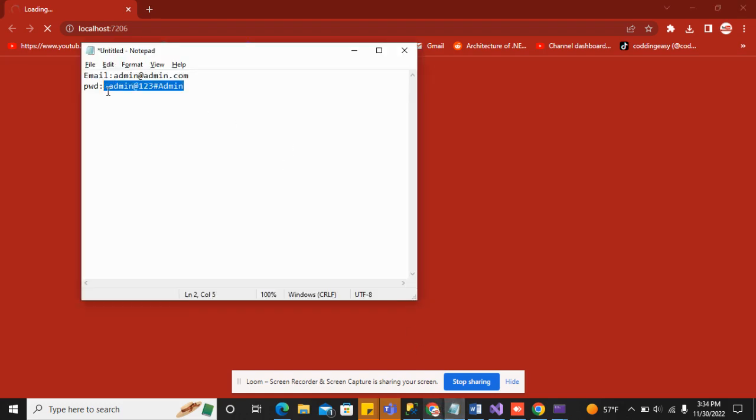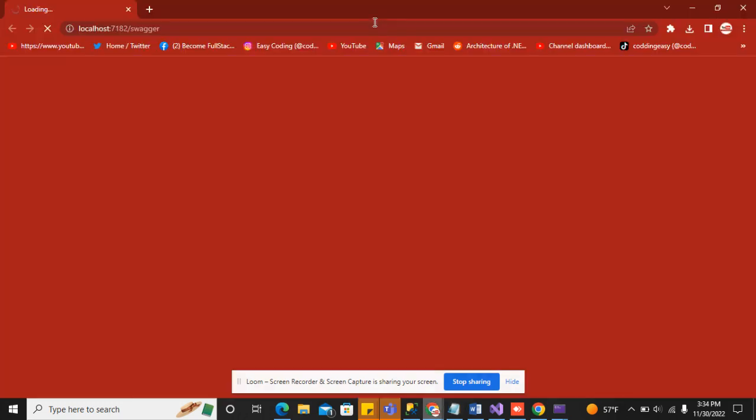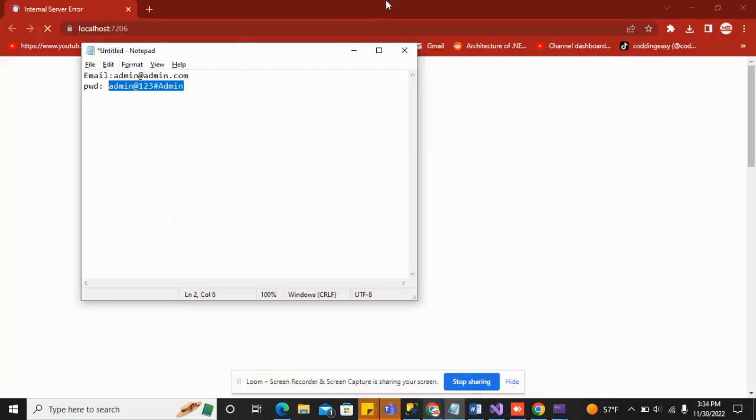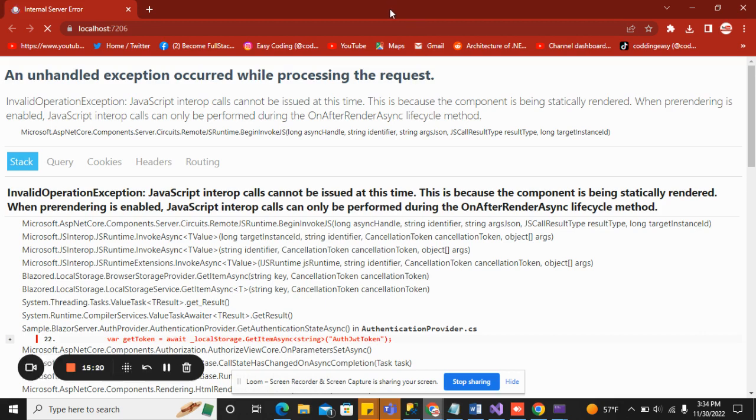I will just copy this. These are the login credentials for the user to the system. It's showing an error: JavaScript interop calls cannot be issued at this time because